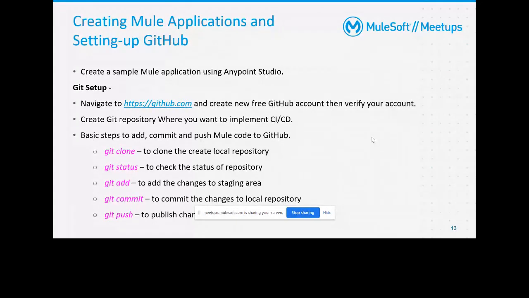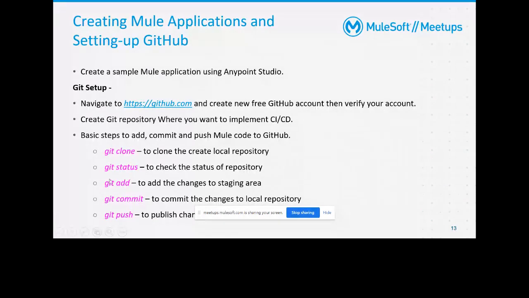If not, you can create one, and then create a repository. There is an option there to create a repository. Initially you have to push the code which you have created using the sample Mule application in Anypoint Studio.